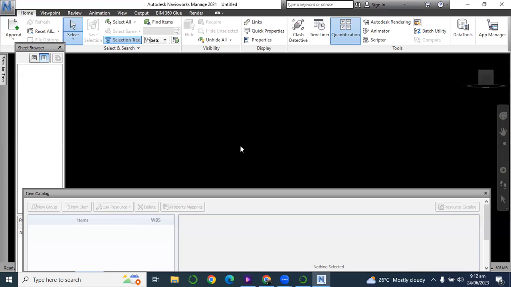So in short, 4D can be used for program of work by linking your model, your drawing, with project scheduling. And that's followed by the feature of 5D, which is the five-dimensional picture, and it means cost estimation, analysis, cost management, quantity takeoff,